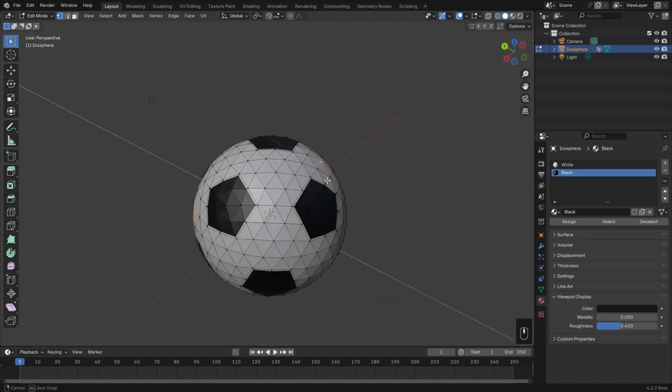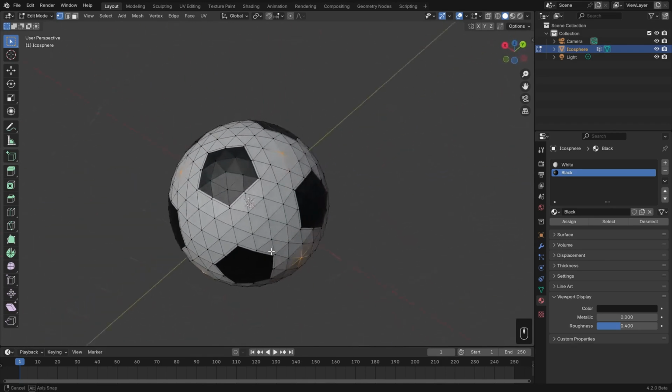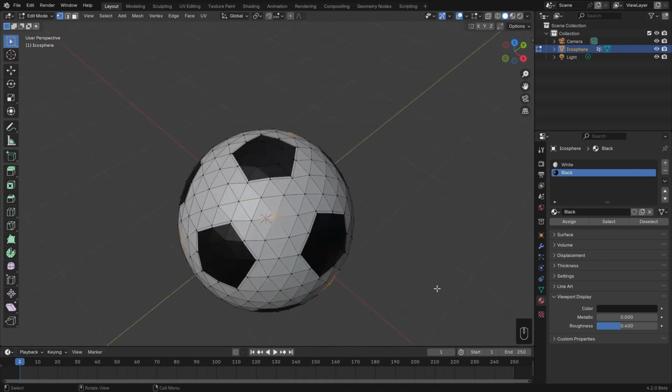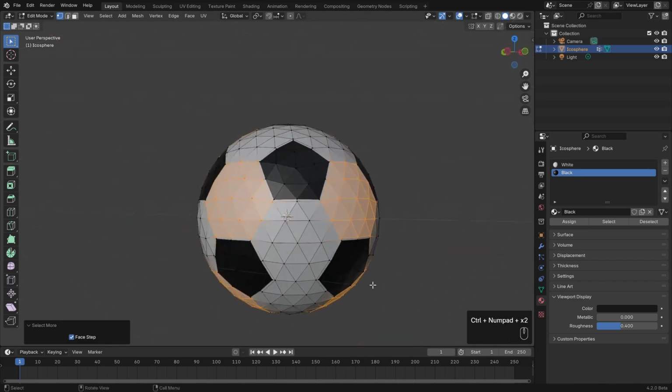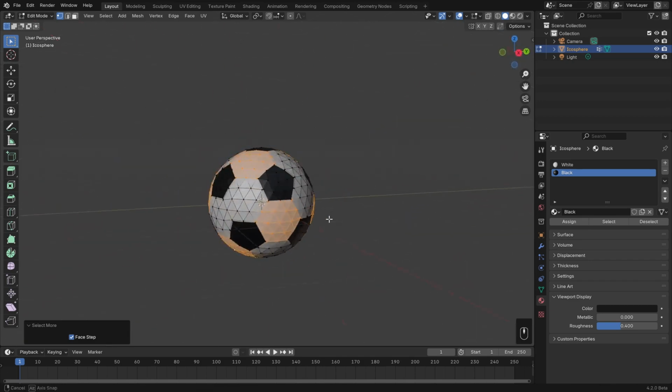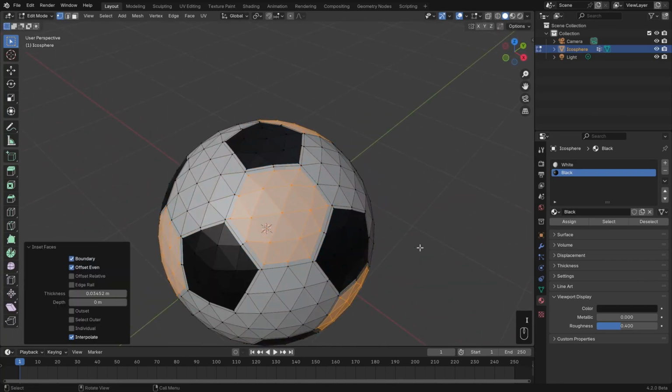Let's do one there, and one there, down there. Okay, I think that should work. Then with some of those selected, I'll hit Ctrl+ twice, and then let's just double check to make sure that none of these are touching. There we go. So I'll hit I to inset, set that to 0.02,